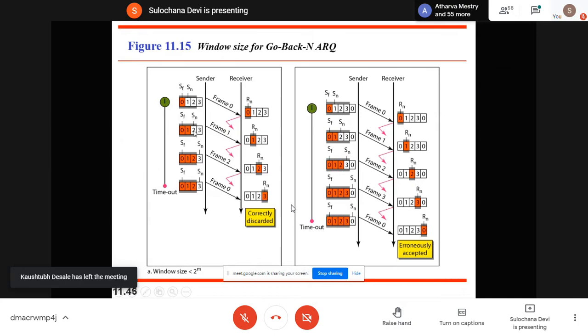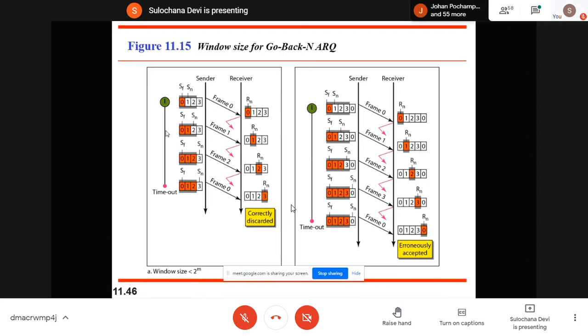And now the SN is pointing to 2, and you are sending frame number 2. Here it is also expecting frame number 2, and now Rn is incremented to 3. Now you are expecting frame number 3. You send the acknowledgement, and again that acknowledgement is lost. Now this window is full. In the window there were only 3 frames and you transmitted all of them without waiting for acknowledgement. Now you cannot send the next frame until you receive acknowledgement for at least 1 frame. You cannot send any next frame until you receive acknowledgement.